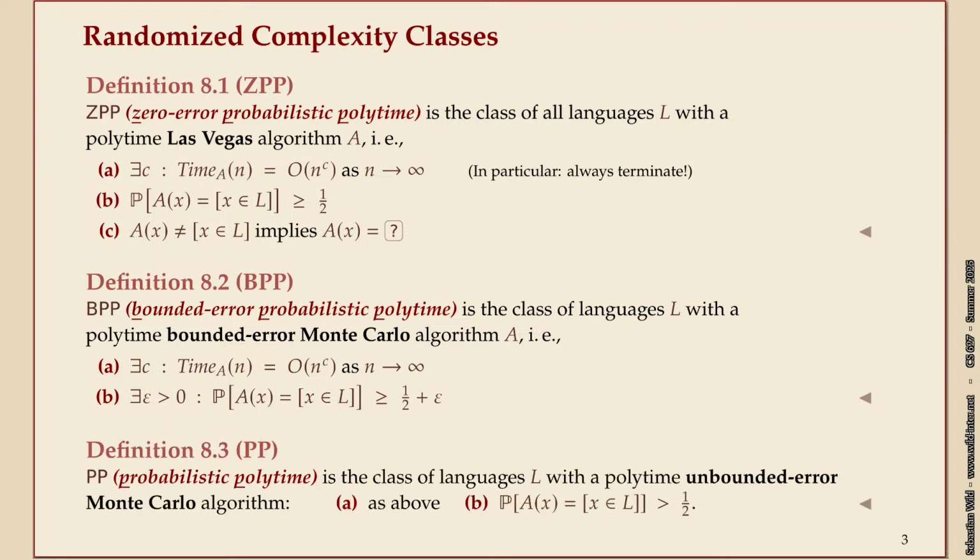We have a third type of algorithm, namely the unbounded error Monte Carlo algorithms. So to make things complete, let's also define a class for those. That's called PP, just probabilistic polytime. I don't know if people historically first looked at those. It sounds maybe like the most natural class. You just say it's any algorithm that has a polynomial running time, and it should be correct in strictly more than 1/2 of the cases. Maybe that's the most natural if you don't think about it, but you'll see this is not a good class. Those are the three main classes we'll look at.